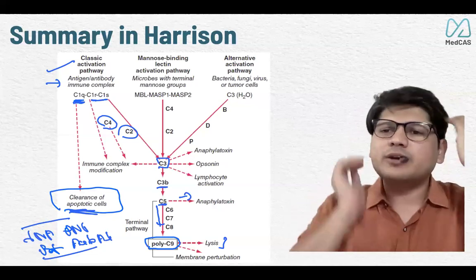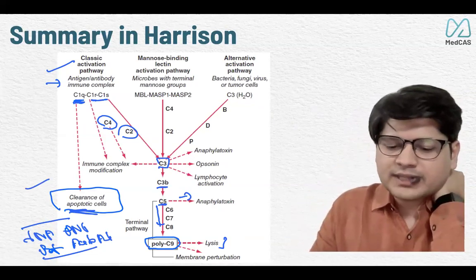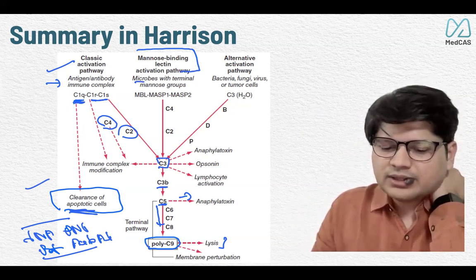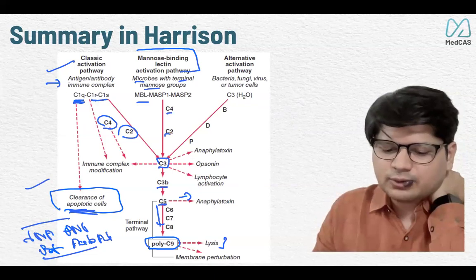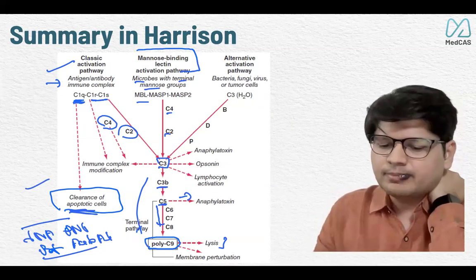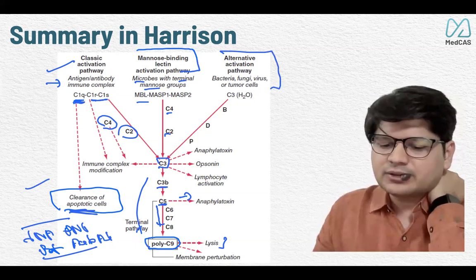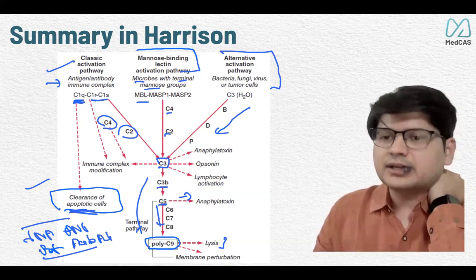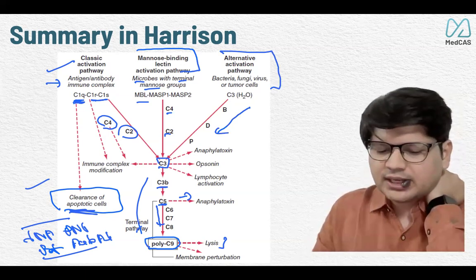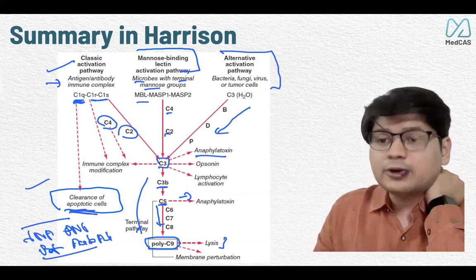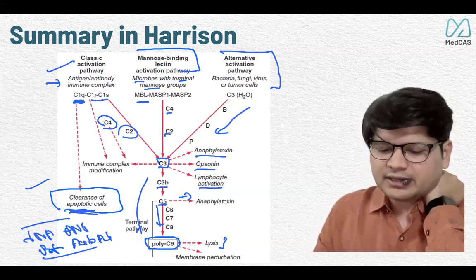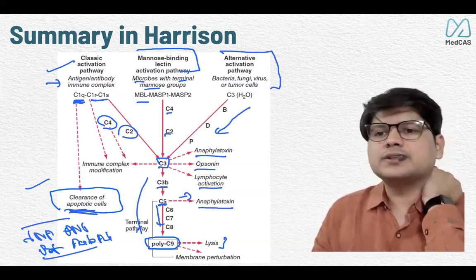Now this is what we were talking about, C1q. The second pathway was the mannose binding lectin, MBL pathway, where microbes with terminal mannose groups will express that, and then C4 and C2 get activated, and the further story goes on. And the alternative pathway takes place on the surface of cells, and then the ultimate story gets activated by that. Now we talked about C3a. C3a is an anaphylatoxin; in anaphylaxis, it will help as an opsonin and lymphocyte activator. And C5a is an anaphylatoxin, right?